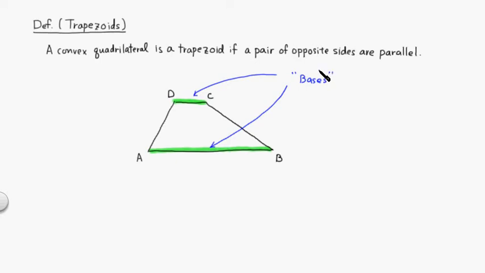And the other two are called legs. So here, this guy right here, and that guy right there. They're called the legs,